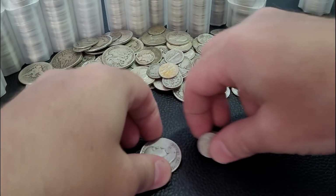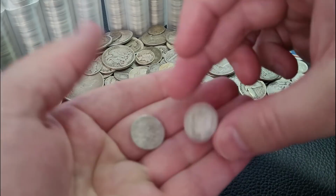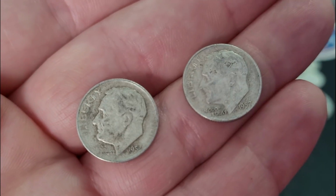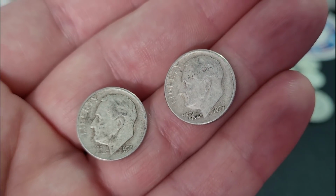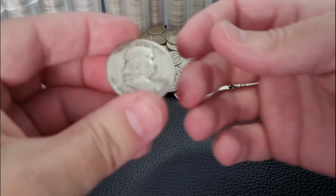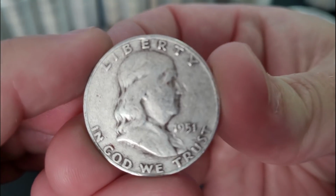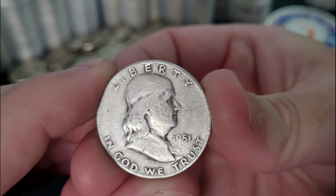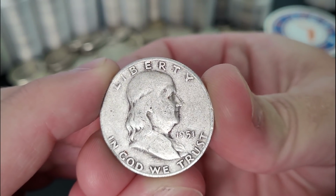All right, beautiful. Got 2 more dimes and 1 more half dollar. And these are just going to be your standard Roosevelt Dimes. So outside of your Washington quarters, we got a 1952 and a 1957. The Roosevelt Dimes are going to be the most common in your 90% silver purchases. It's just going to be that way. If you're buying online, 90% silver coins, the majority that you're going to receive are going to be Washington quarters